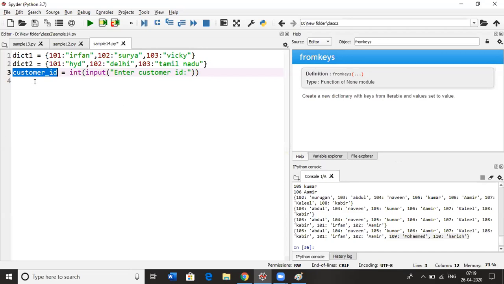What I need to do is, for this customer ID, I need to print the customer ID, let's say 101, and I need to print the customer name. And one more thing, I need to print where he was going. So these three things we need using this customer ID. So I'm using the key as the customer ID. Okay, I'm not using the customer name.